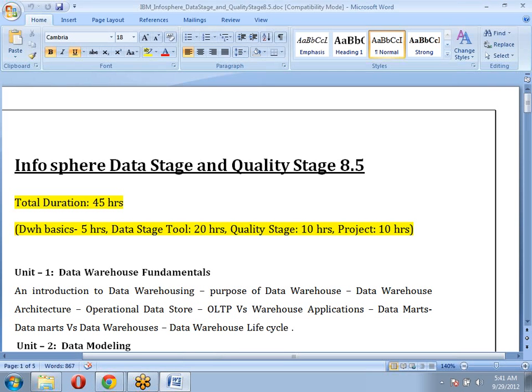The tool we are going to cover here is the IBM InfoSphere DataStage and QualityStage 8.5 and 8.7 also. On my machine, I actually have both versions, 8.7 and 8.5, available. We are going to discuss the class on